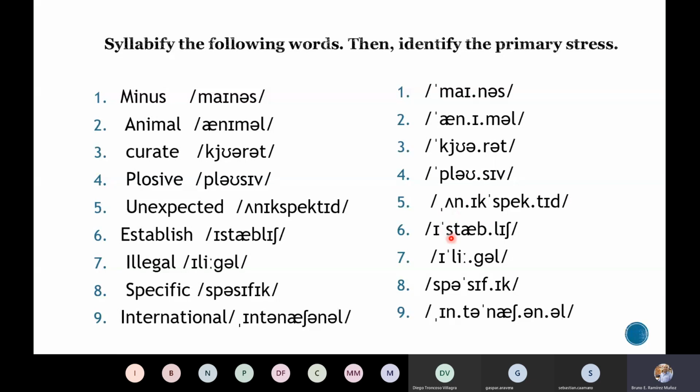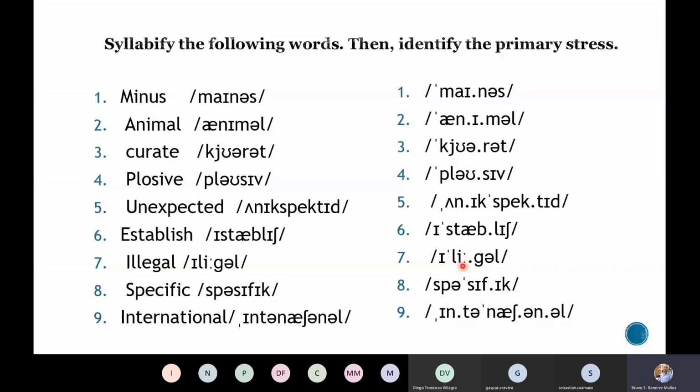So therefore, this is following the maximum onset principle, the theory, right? That whenever possible, instead of attaching this consonant sound to the coda of one syllable, you attach it as the onset of, in this case, the second syllable. Same thing with illegal. Illegal could have been attached to the first syllable, ill, and then leaving this e alone here, right? But it's attached to the second syllable as the onset of the second syllable.